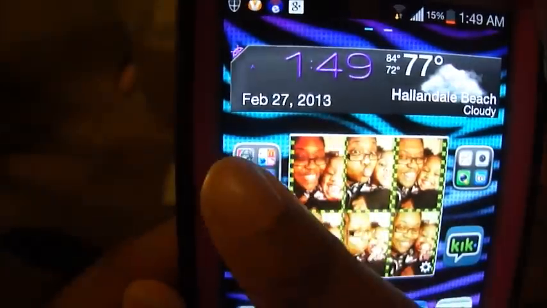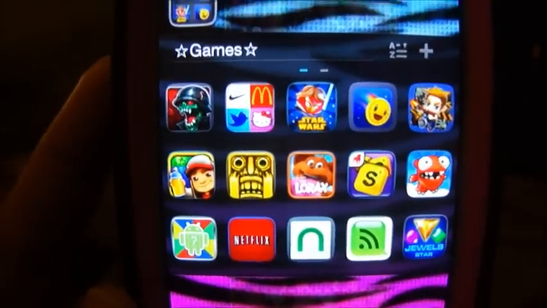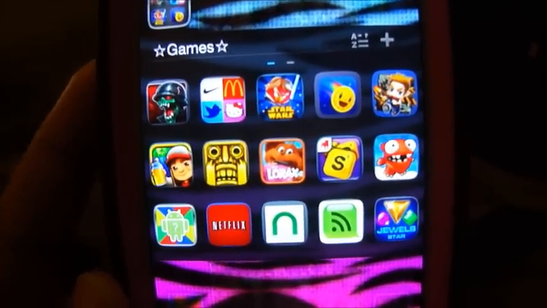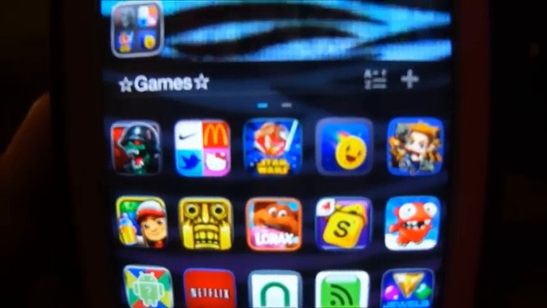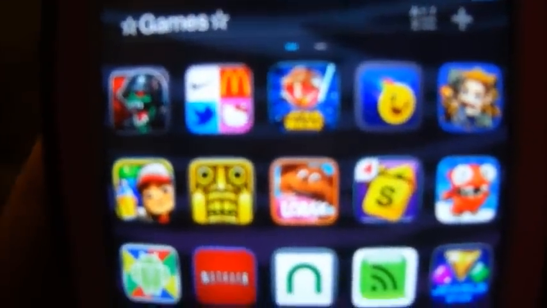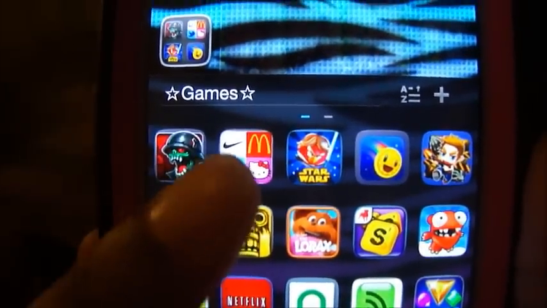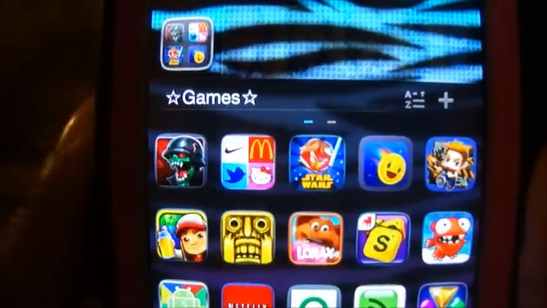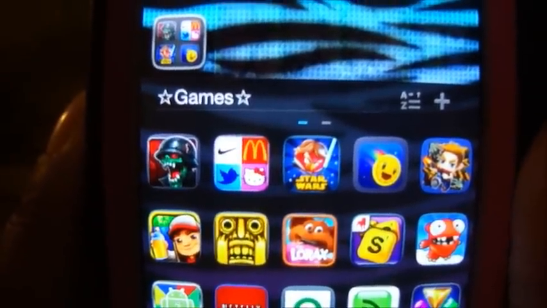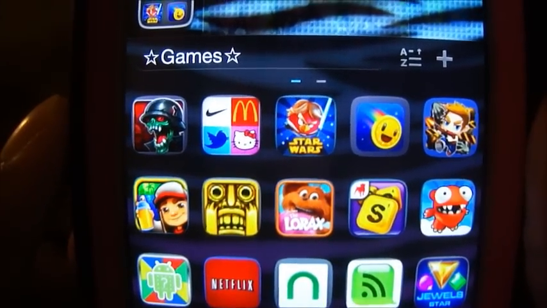In this folder right here, it's labeled games, and I have games in here, and I don't have the labels for the names of the games in here, because I took them off. But I think I can remember the names. So this first game is Zombie Evil, Logo Quiz, Star Wars, Angry Birds, Coin Drop, Zombie Run.